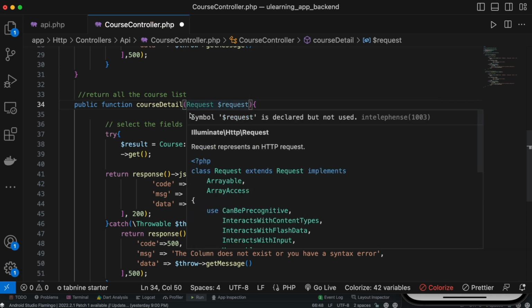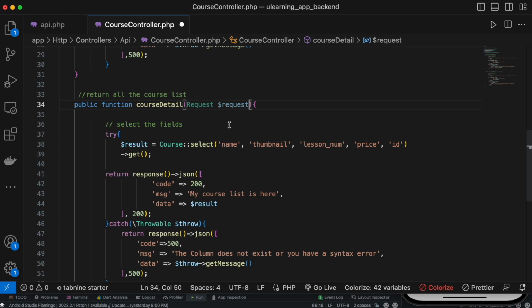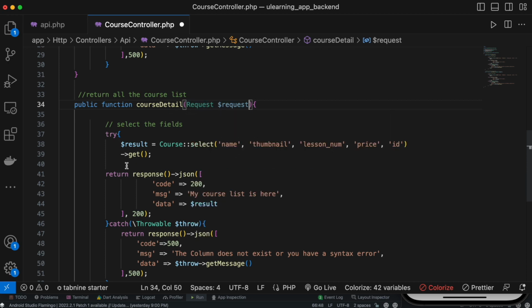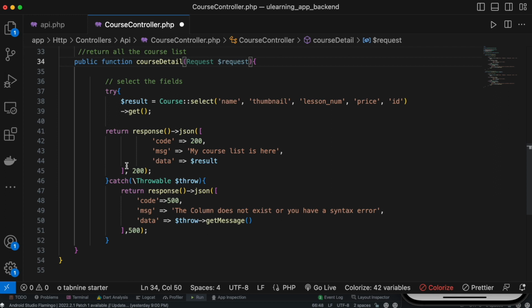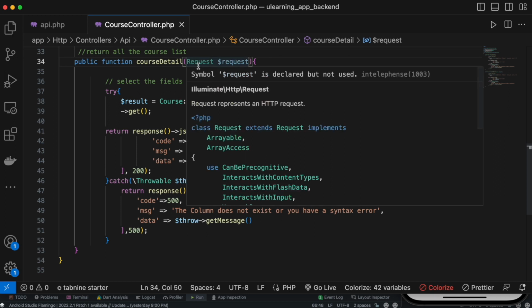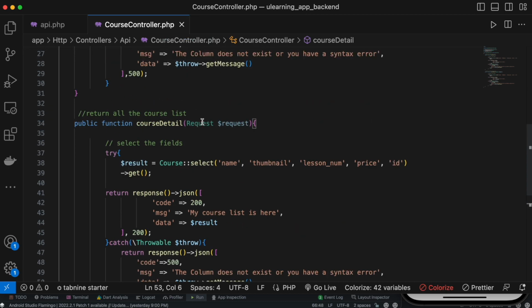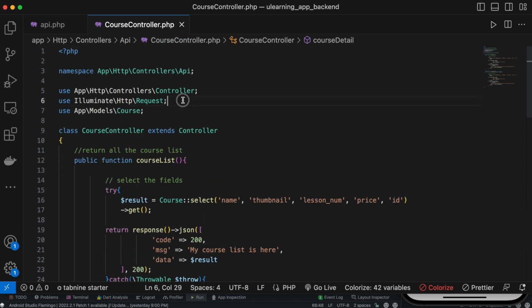Now this request actually helps you transport data of an HTTP request, which means that if you get any HTTP GET or POST request, you can get that data using this request object. Anyway, so now we'll continue. About the request object, I'm going to be talking in the next session, right after finishing this. All right, so here, since this is always available, we also actually have to import it at the top,